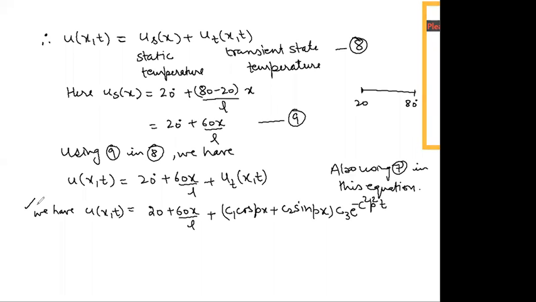Now what will be done? Now we will find the values of these constants C1, C2 and C3. ठीक है, यहाँ तक बेटे आपका काम हो गया जो आपने इक्वेशन डिराइव करनी थी. So till this point you have found how we have derived the solution, and now our work is to find the values of these constants. And how we will find the values of these constants?